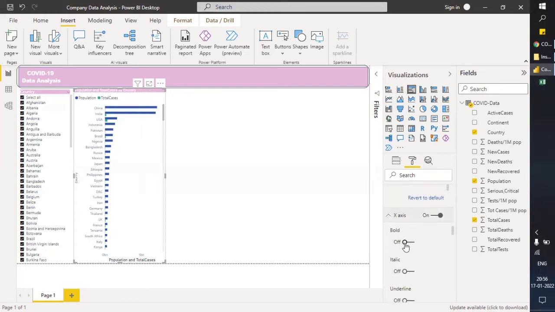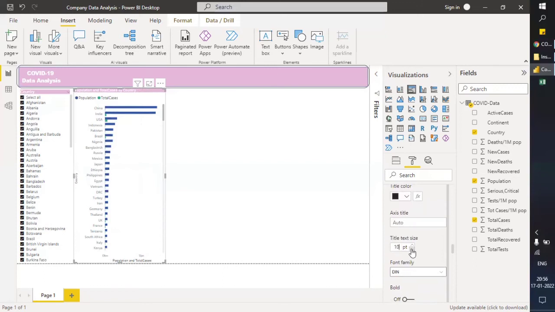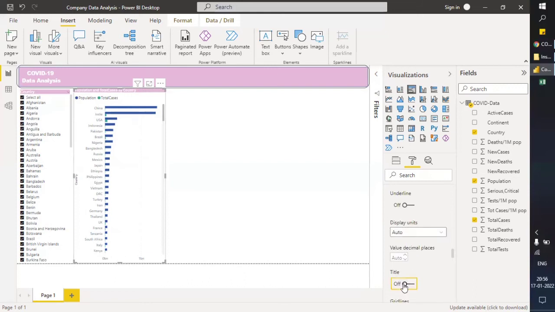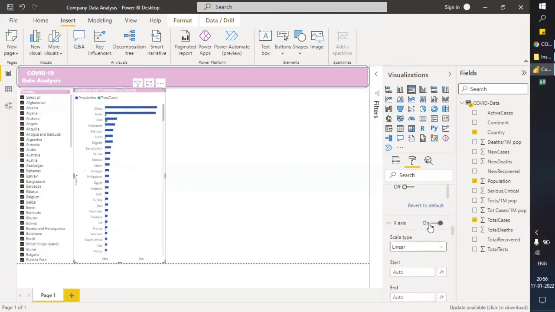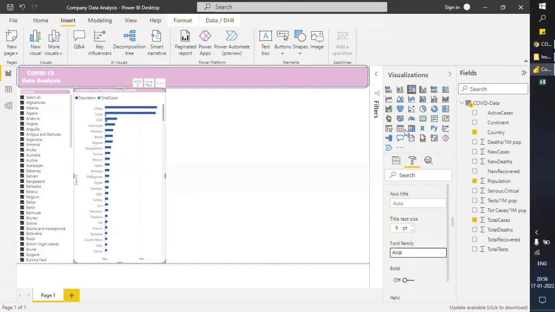We already have 9. It's fine. Okay, population, and we don't need this, so we can just turn it off. We want this Arial. This also we want Arial.